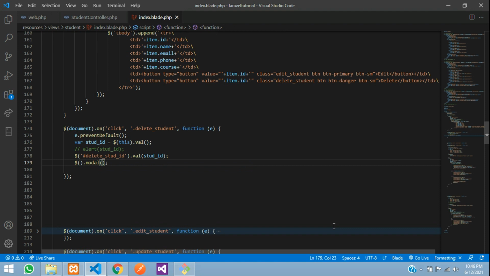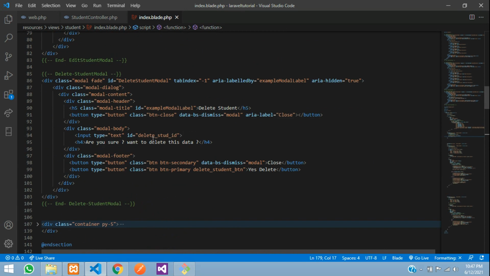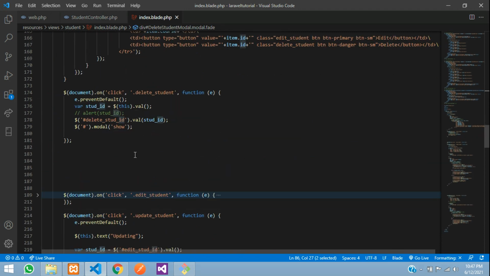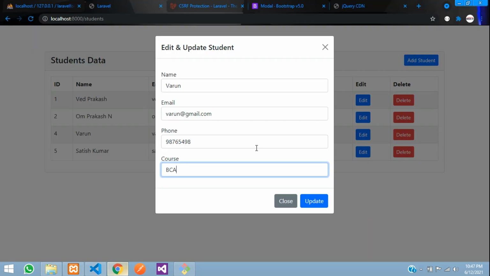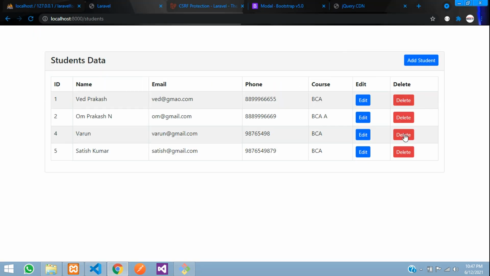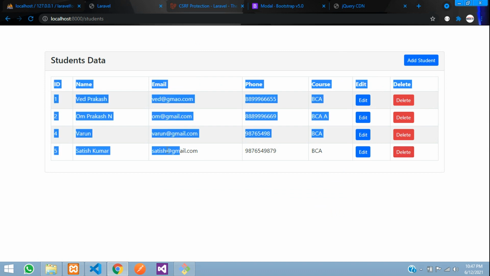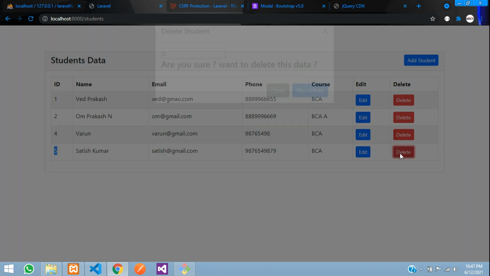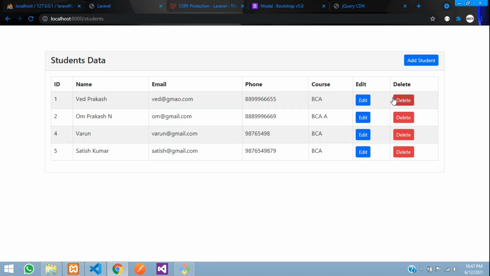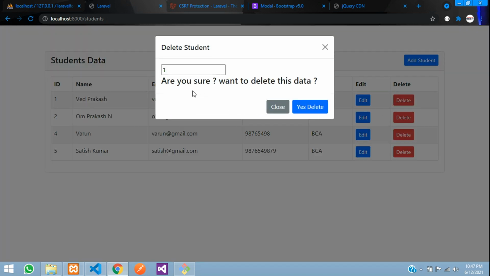So modal function inside single quotes, you are going to show that, where your modal name is with the ID. My modal name is delete student modal, which is the ID. Let's take that and paste over here. Set. And now let's see the output. Refresh. Let's click on delete with the ID 5. So we are on ID 5, delete. Perfect, you are getting 5. Let's delete on 1, you are getting 1. So now let's hide this input box and start with the delete data.